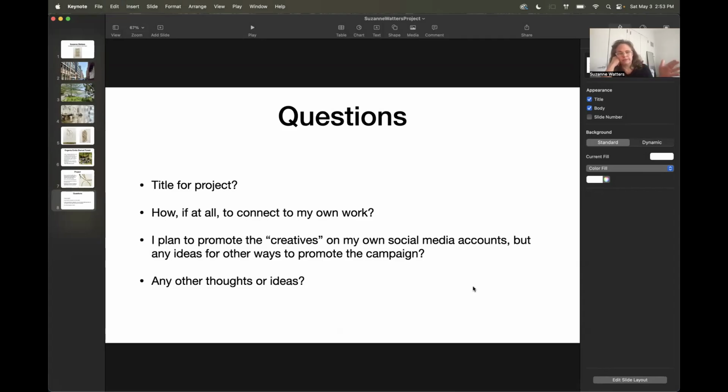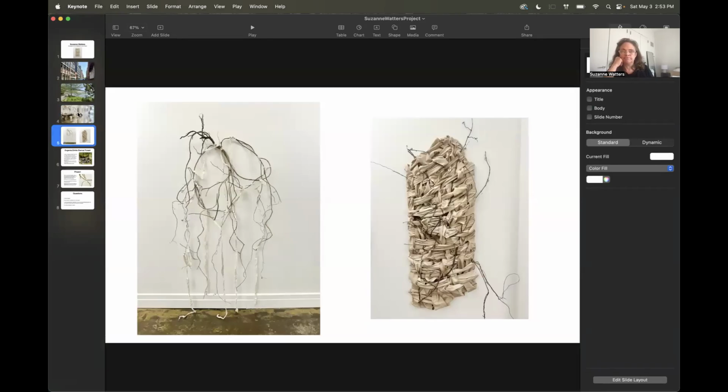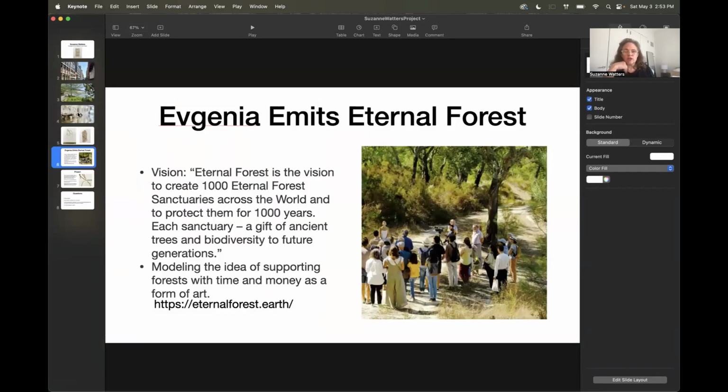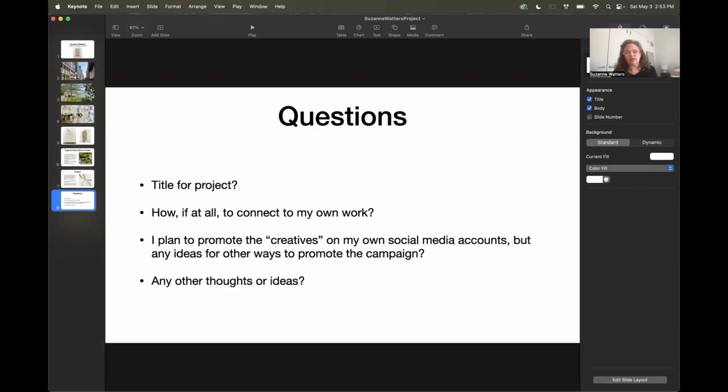It would keep going, and every year I would hope to support 8 to 10 artists. The only thing I want to clarify is that if it is an artist, the artist would have to have a fiscal sponsor. That means they'd have to be working with a nonprofit group who could accept the funds.